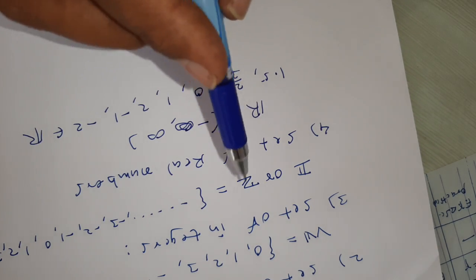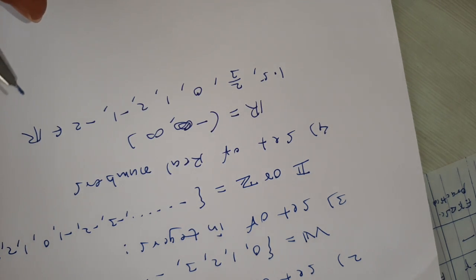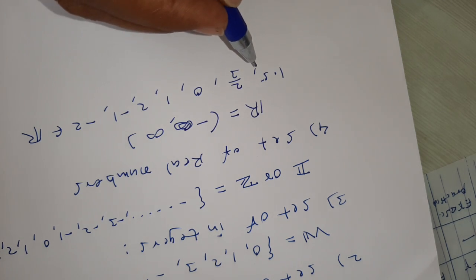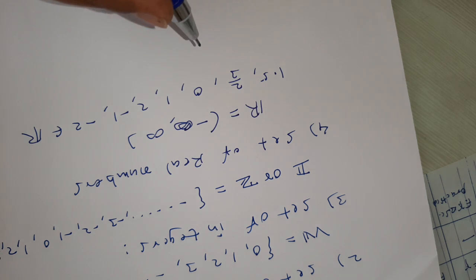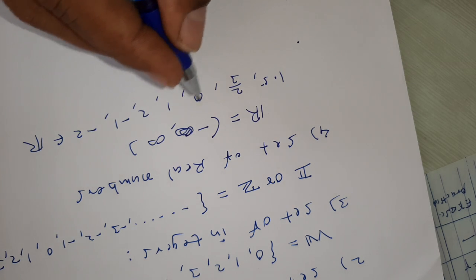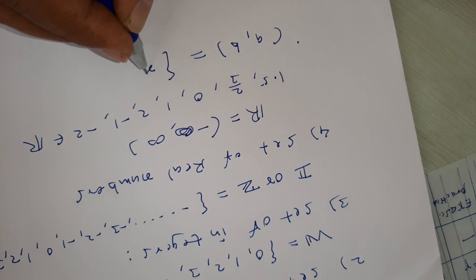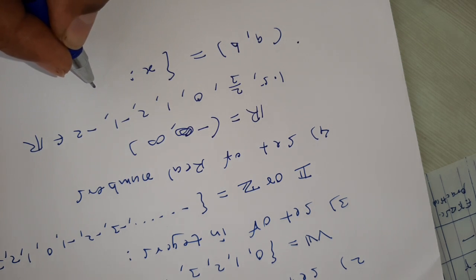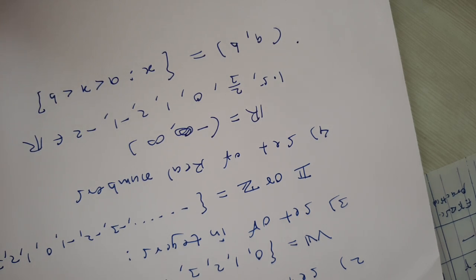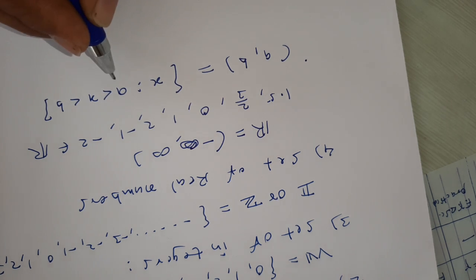That is, all natural numbers are real numbers, all whole numbers are real numbers, all integers are real numbers, but this 1.5 is a purely real number. This is not an integer or a natural number. Then the open set means, for example, open set AB. This set contains elements x such that x is strictly greater than a and strictly less than b. That is, this set contains all numbers that lie between a and b.